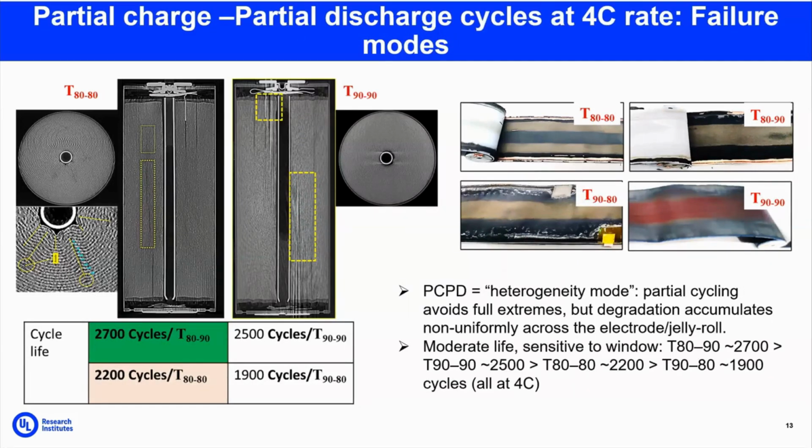Here we can see we have considered 80 SOC 80 DOD and 90 SOC 90 DOD to show that even though the cell temperature rise was the same, the internal jelly roll structure was completely changed. Multiple gas pockets and deformations were observed in the case of the lowest operating SOC window of 80-80, whereas in the case of 90-90 we haven't seen much deformation in the jelly roll, but